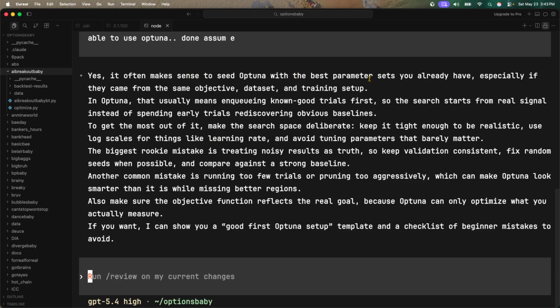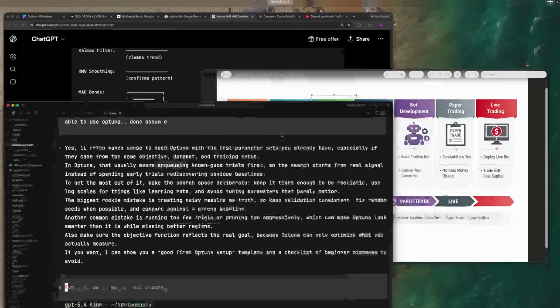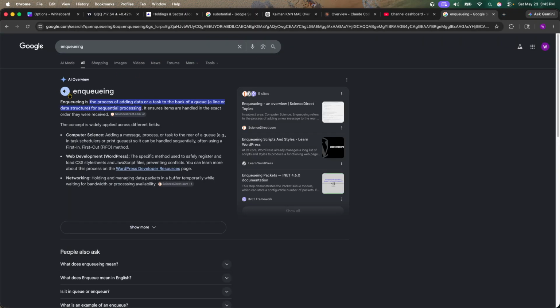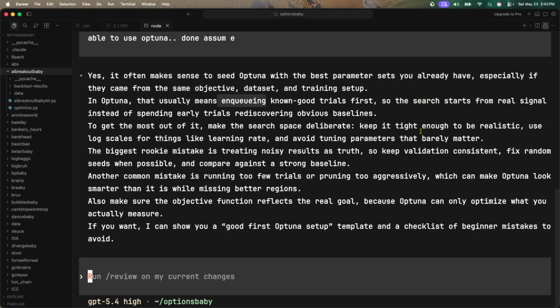It makes sense to seed Optuna with the best parameters you already have, especially if they came from the objective data set and training values. And Optuna usually means enqueuing. What the fuck? Yeah, if I don't know a word, I'm not going to pretend. Enqueuing: the process of adding data or tags to the back of a queue or data structure for sequence processing. Enqueuing known good trials first so that the search starts from real signals instead of spending early trials